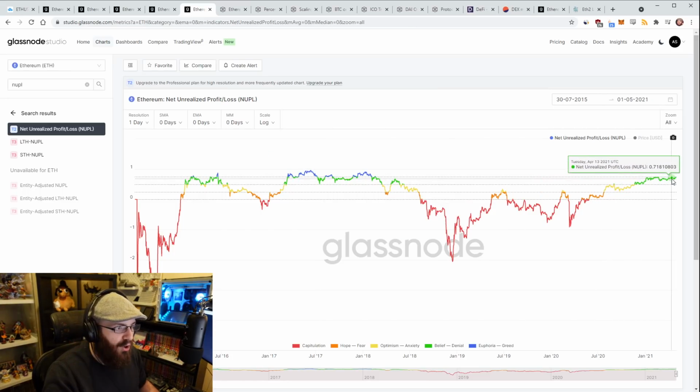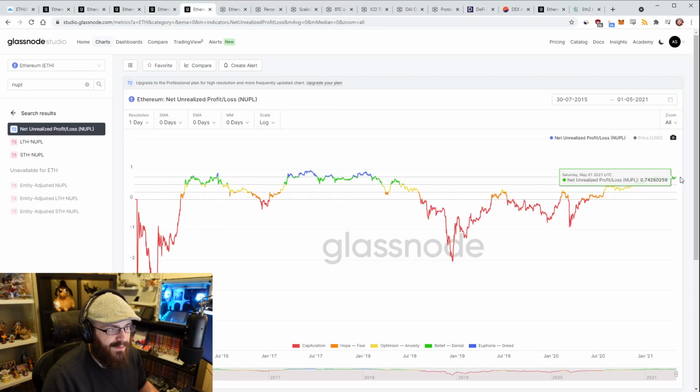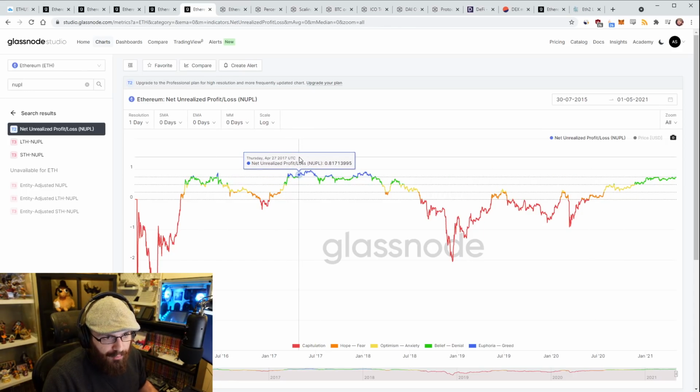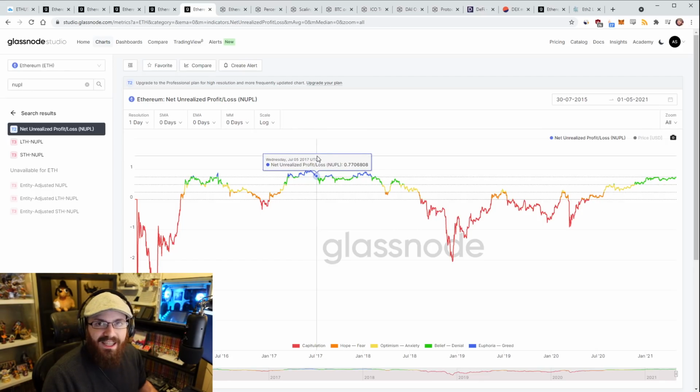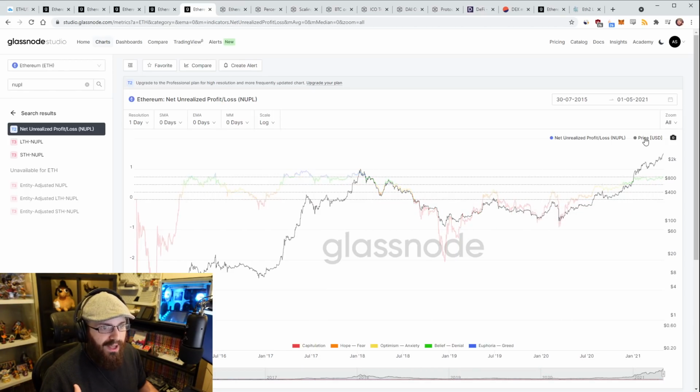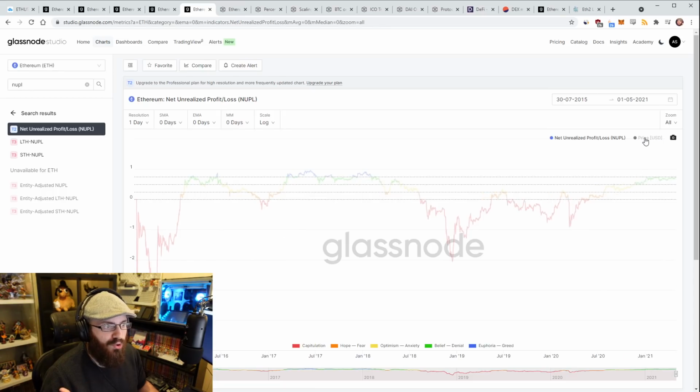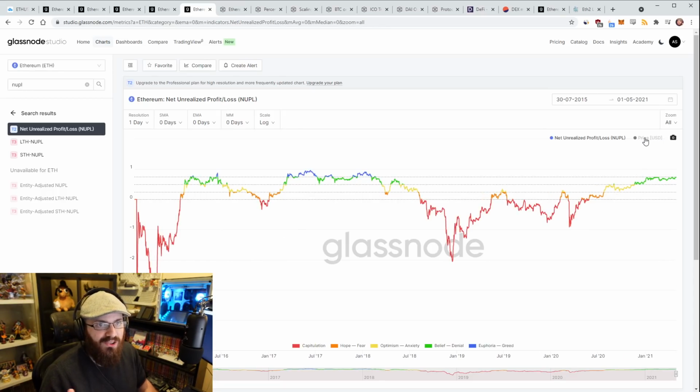So, we haven't been in the blue zone yet. We've just stayed in the green zone. And the green zone, basically most people are in profit, but they're not in profit by a huge amount just yet. So when we start going into the blue, and we can stay in the blue for a while. I mean, the blue started here in 2017 in April, and went until July, so we can stay in the blue for a while. But once we're in the blue, and if the price keeps going up while you're in the blue, it just means that sooner or later the price is going to have a massive pullback because too many people are in profit. People want to take profits here, so that might be a nice indicator there.